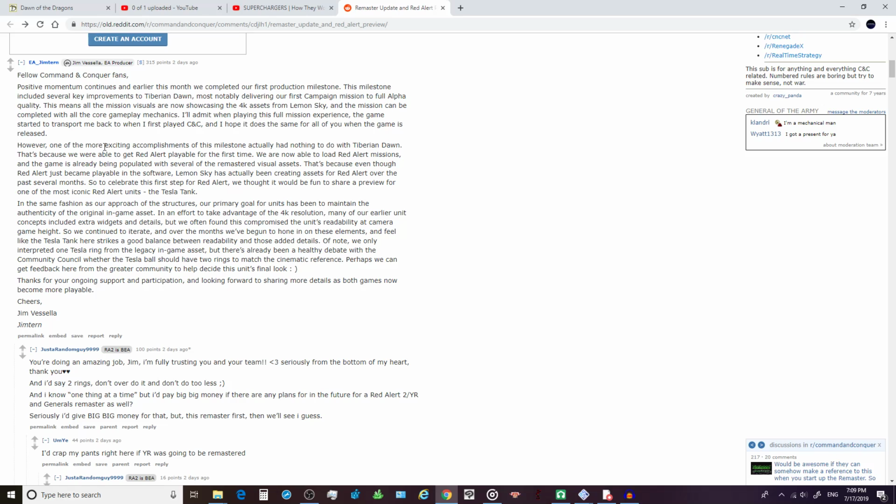However, one of the more exciting accomplishments of this milestone has actually got nothing to do with Tiberian Dawn. That's because we were able to get Red Alert playable for the first time, and we are now able to load Red Alert missions, and the game is already being populated with several of the remastered visual assets. Okay, so that is very intriguing. So they've managed to get Red Alert 1 playable, and they're loading